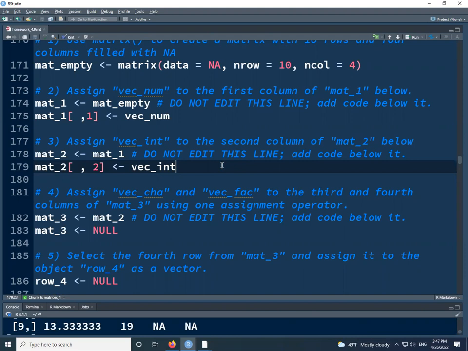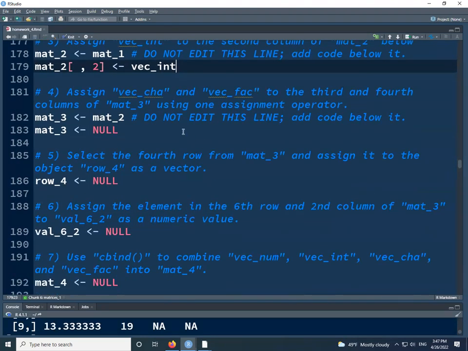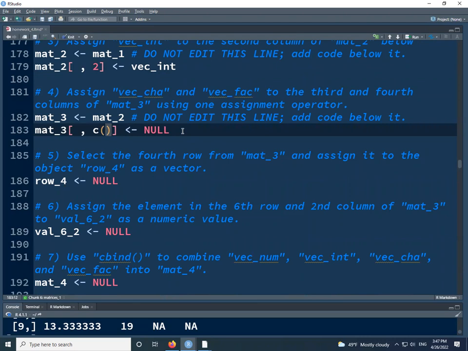That was question 3. Let's move on to question 4. We're going to assign our character vector and our factor vector to the third and fourth columns of mat 3 using one assignment operator. Okay. So again, we're going to use this subset operator. We don't really care about the rows. Those are going to get populated with our vectors. But if we want to specify our third and fourth